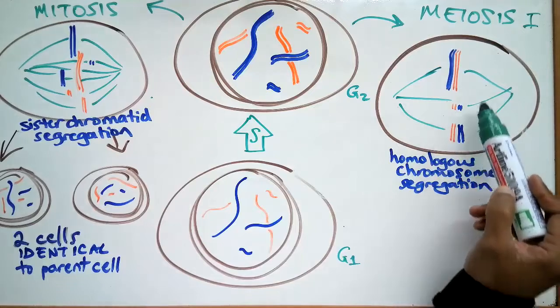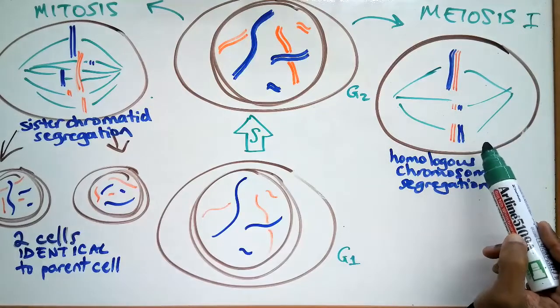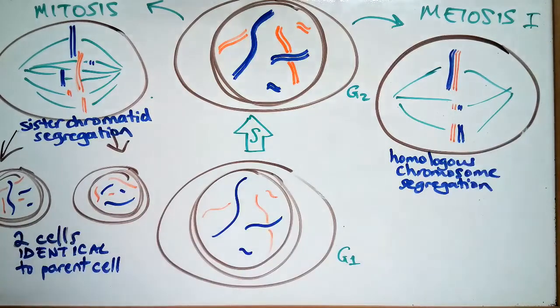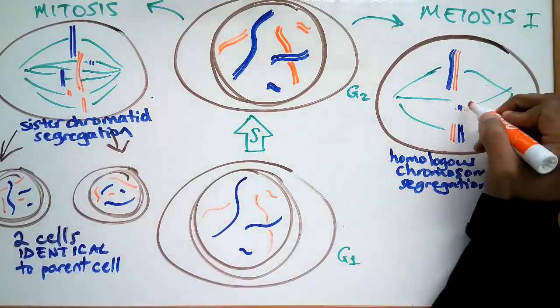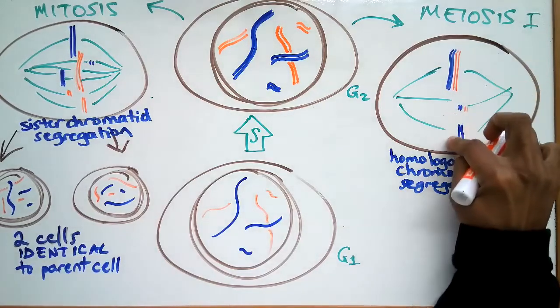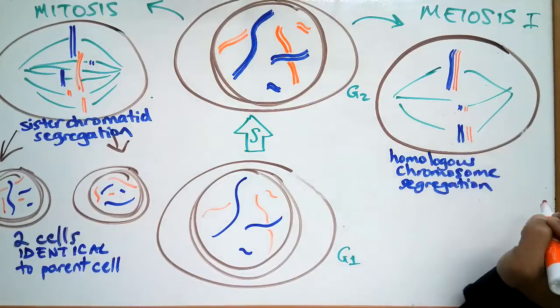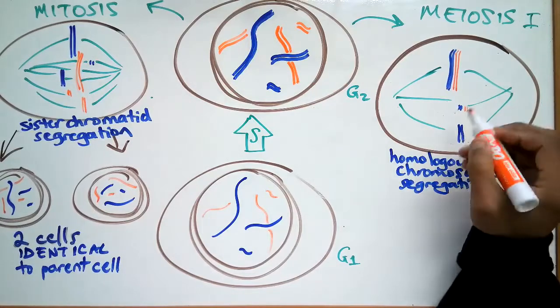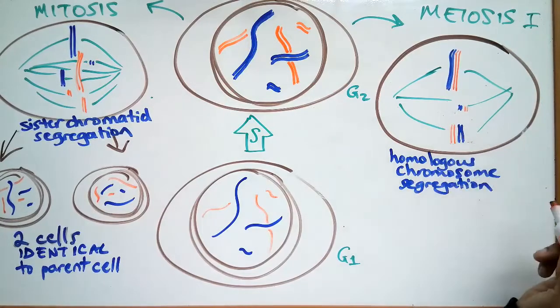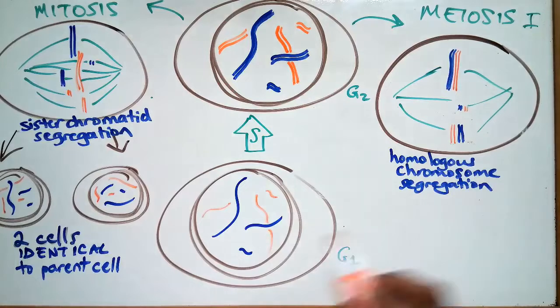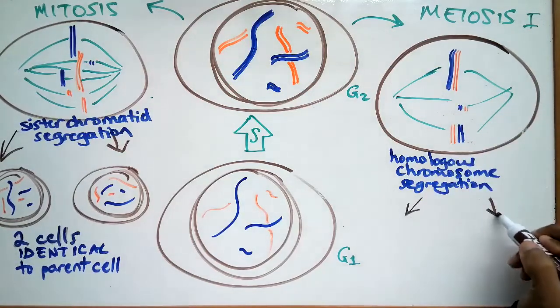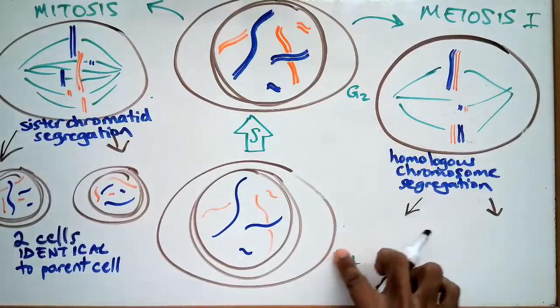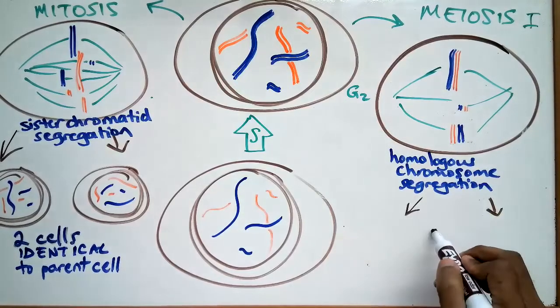Please note, it didn't have to be this arrangement. Could have been all the orange ones on the right. Could have been this. Who knows, right? It's all random. And we'll get to why that's important in a second. So in meiosis 1, you pull in this direction, separate the homologs from one another, and you end up with